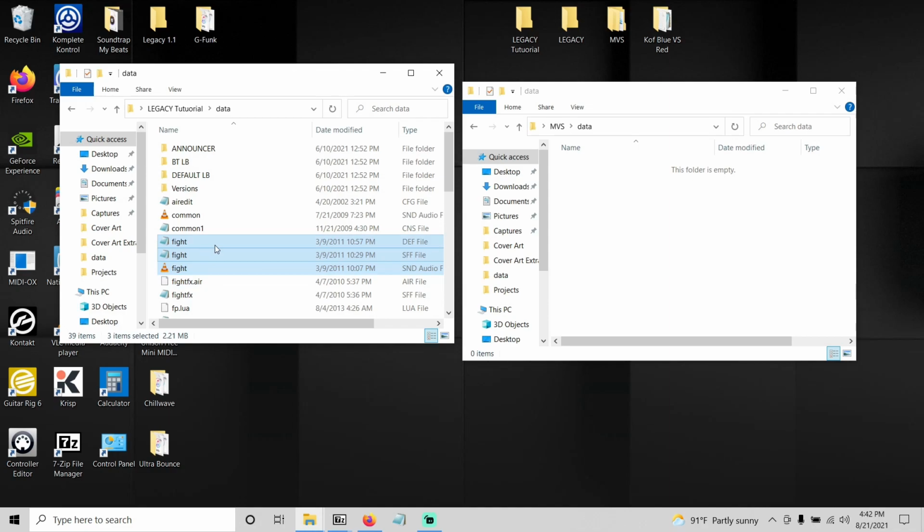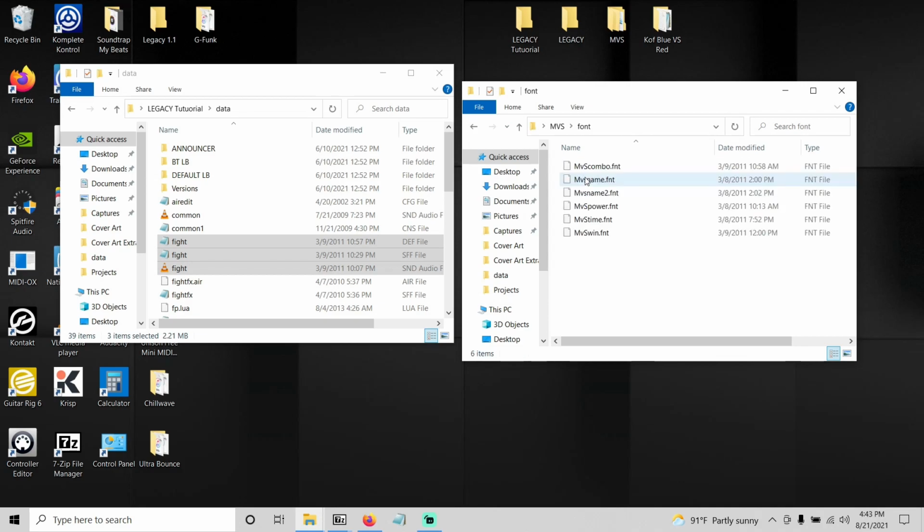And as you can see, those are just three fight files, and then one is a sound file for the fight. There's nothing too crazy at all. So I just moved them, copied them. It's all gone from that folder. Then the font,